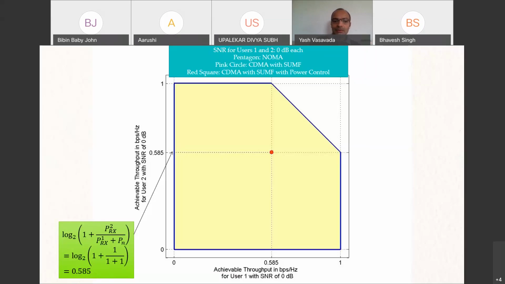But now, this is where NOMA will outperform CDMA. As we said, because user 2 is transmitting at this rate, its signal will be perfectly decoded using channel decoding. And therefore, the SIC will work perfectly for user 1. So user 1 will not see user 2 interference at all, and it will be able to transmit as if it was the only user present. And so it will be able to get a net rate of 1 BPCU.